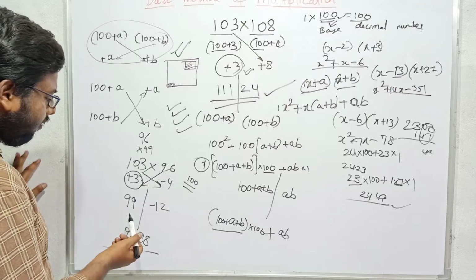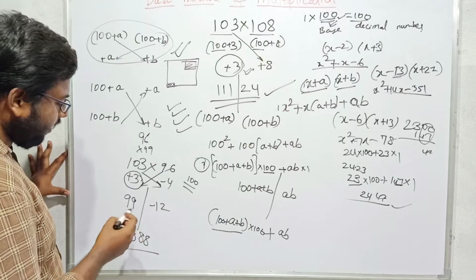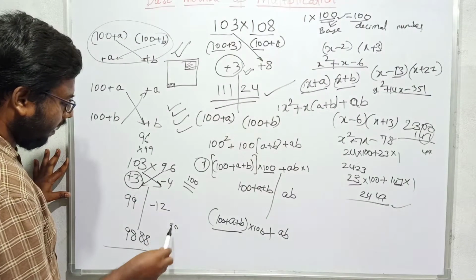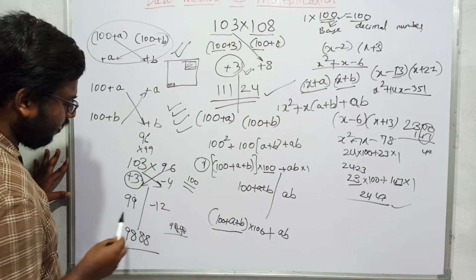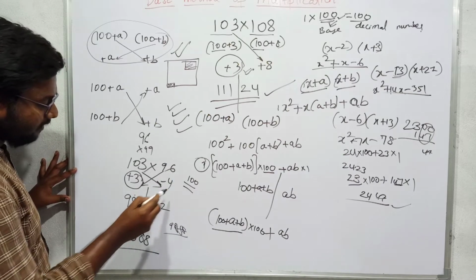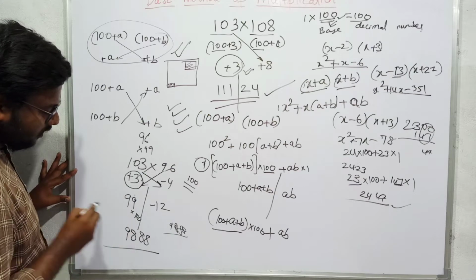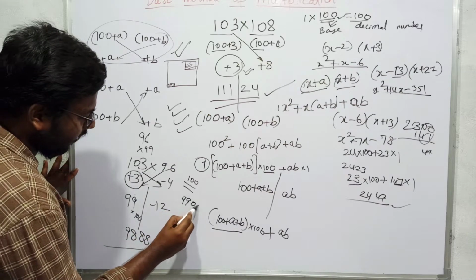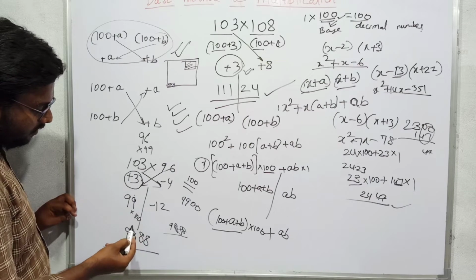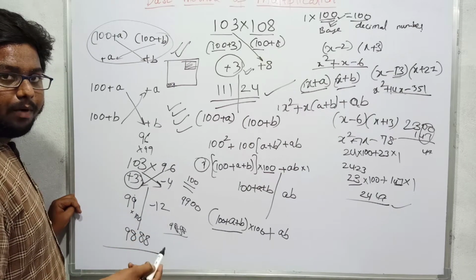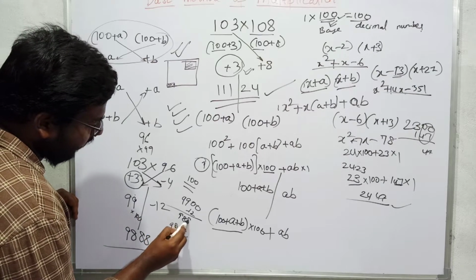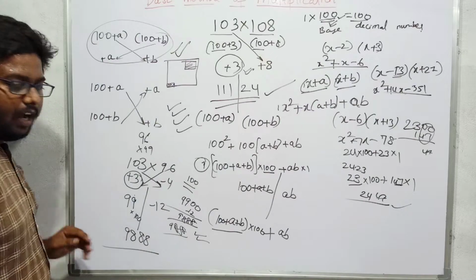If you don't have clarity, and want to write it in a very short way, if I put one dot here, then it will be 98, and 100 minus 12 will be 88. If you don't have clarity even now, you can calculate like this. It is calculated based on base 100, so this is into 100, that means 9900. And we multiply this with 100, so you can think of this slash as plus, and you can write plus of minus 12 is minus 12. So if you compute minus 12 here, you will get 9888. This will be our result. I think you got the concept.